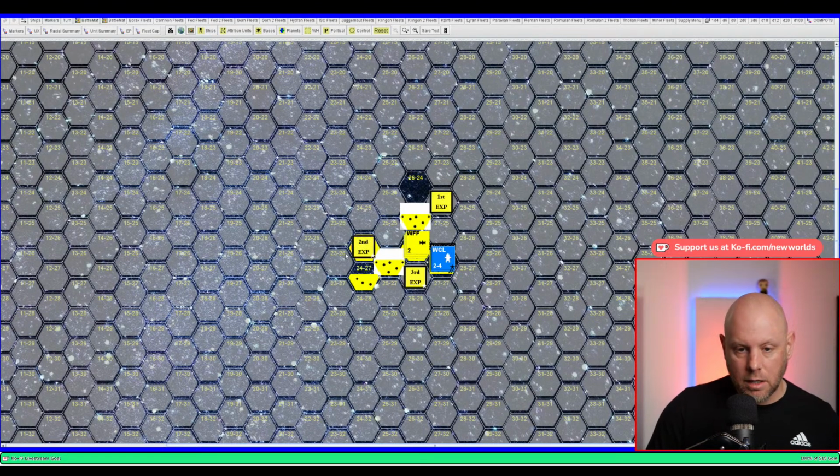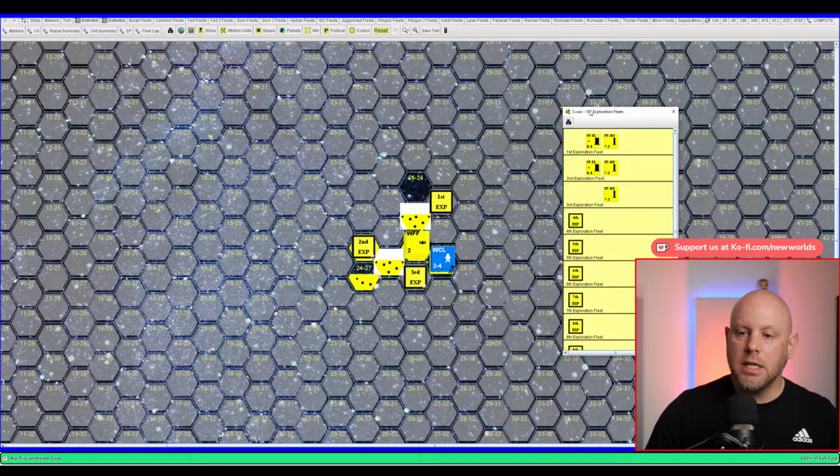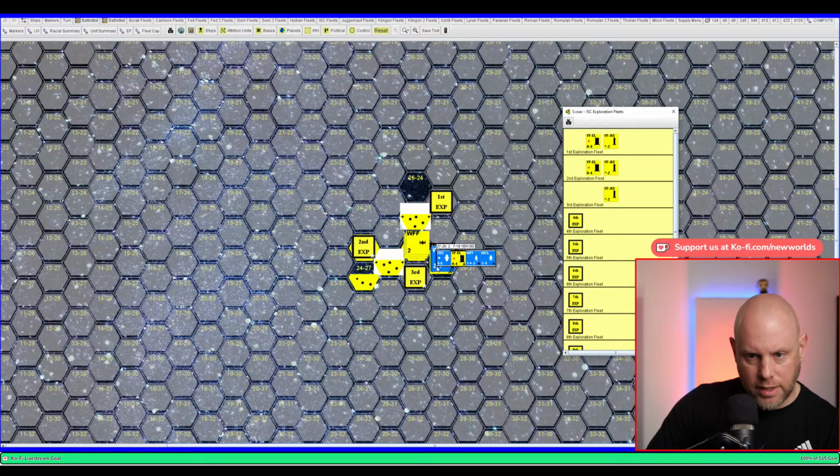So what we can see here in the exploration fleets, let's pull up the ISC. Where are you, my friends? There we are, ISC. So we have the ISC exploration fleets. So we can see here we've got large exploration freighters and escorted by their assault freighter counterparts. And what we can see here is that there is a 3rd exploration fleet which has lost one of its